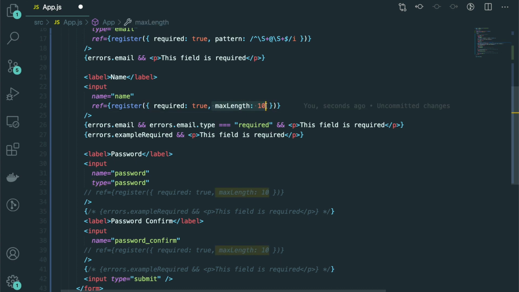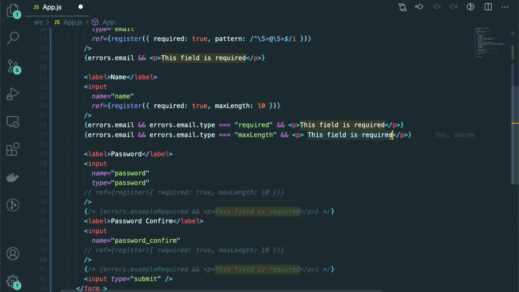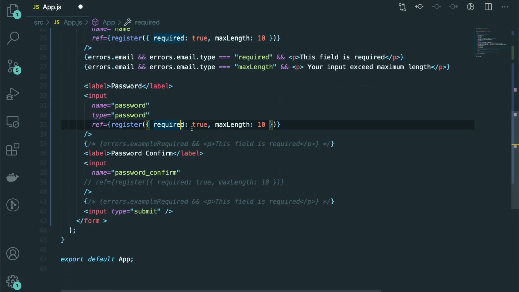And for the second validation check, it will be the same as that. So like this. But this type will be different. The type will be max length this time. So this error message also needs to be changed. This one will be replaced with your input exceed maximum length. Okay, and for the password, required true is good, but